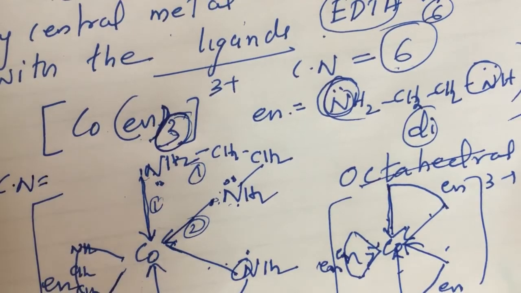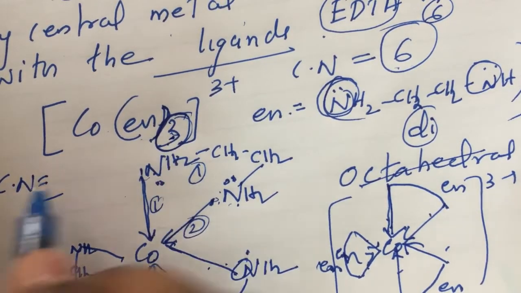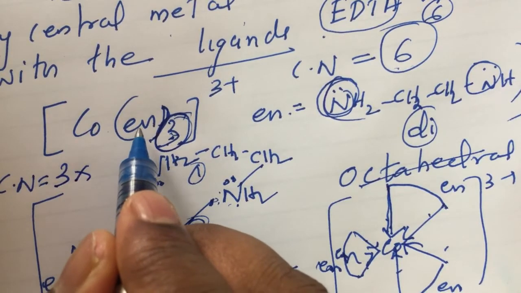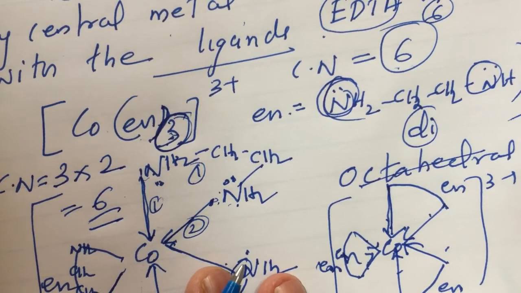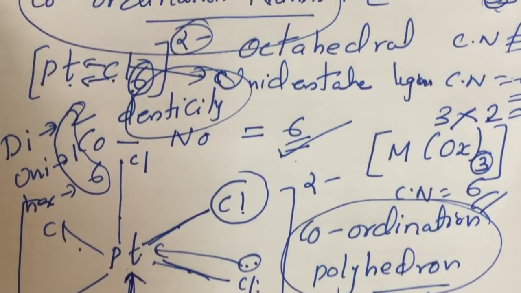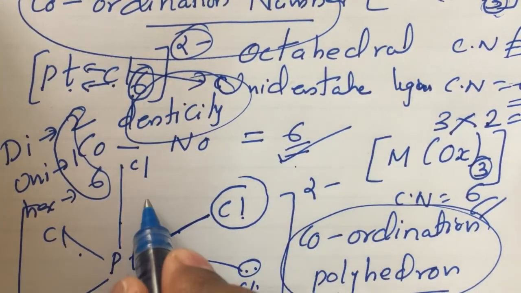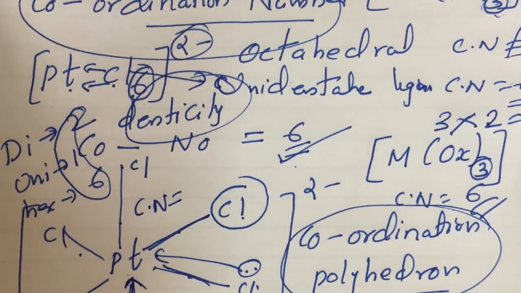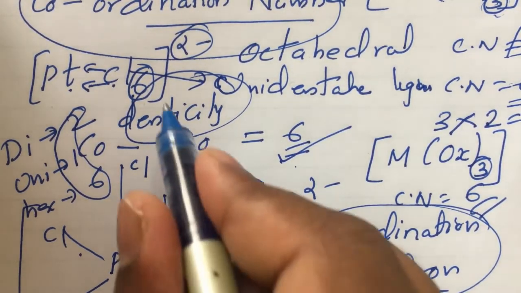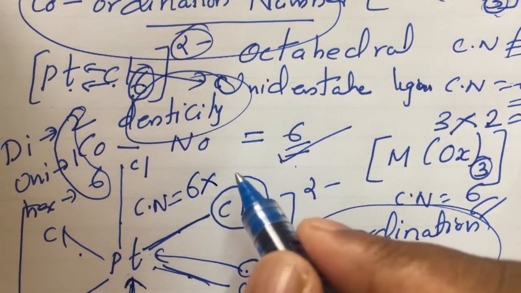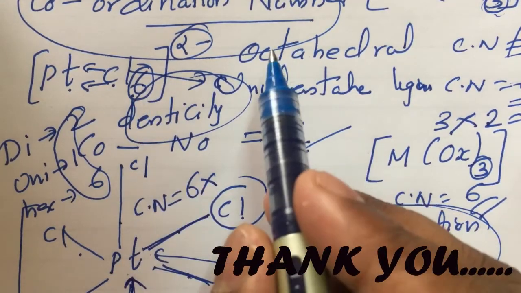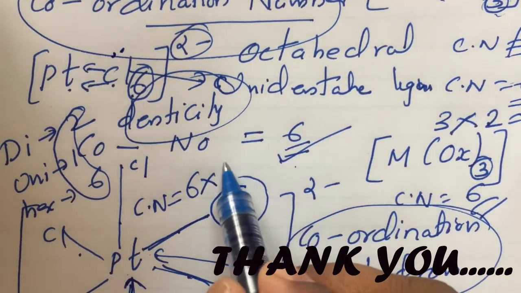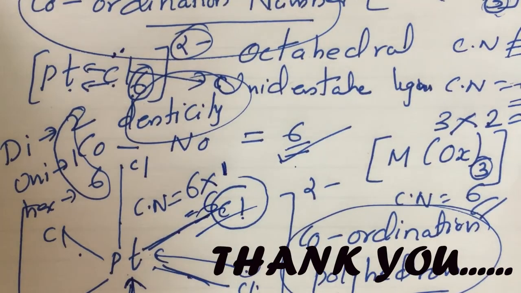Okay, and listen, in the case of Co(en)3, what is the equation of coordination number? You can use the equation. Coordination number is equal to number of ligands, 3. Is it didentate or tridentate? Di. So denticity equal to 2. So equal to 6. Okay, and in the case of PtCl6, coordination number is equal to number of ligands, 6, into what is the denticity? Cl is unidentate. It can donate only from chlorine. So 6 into 1 equal to 6. So you can use that equation also for calculating the coordination number.